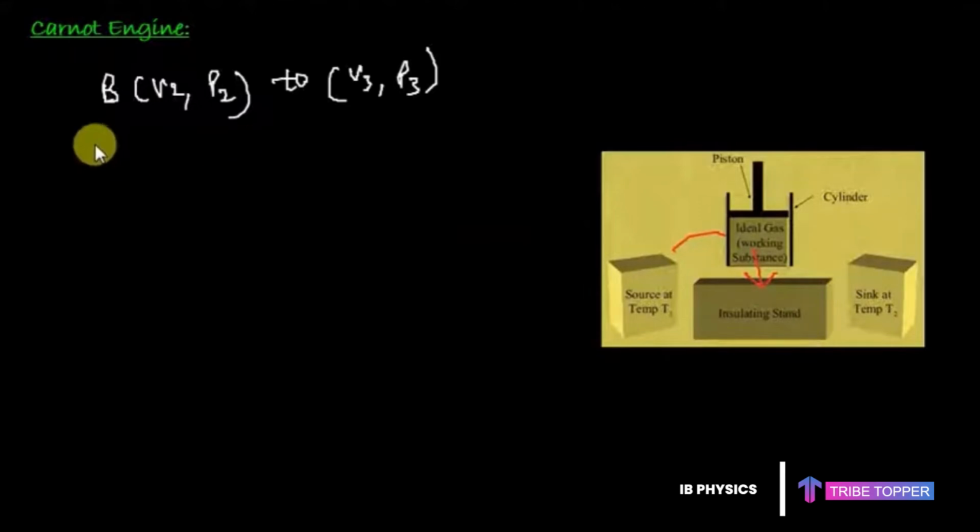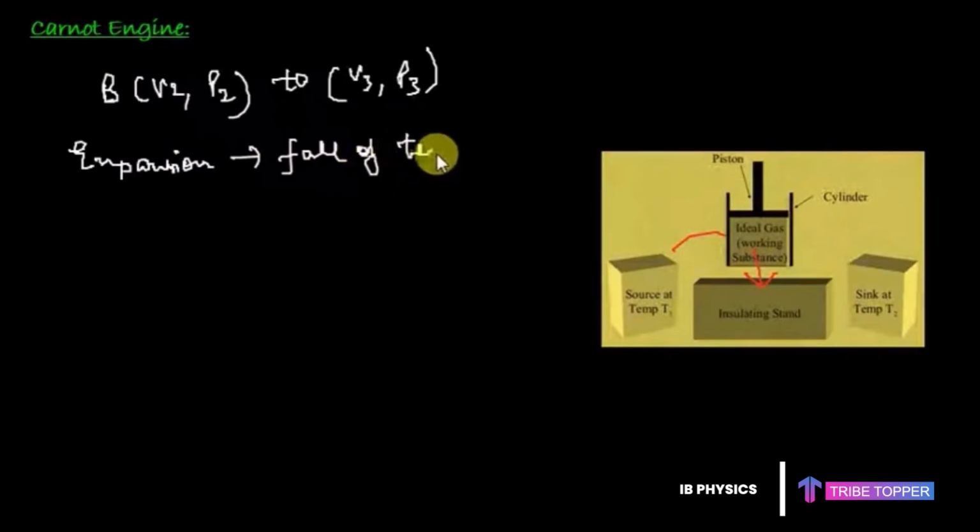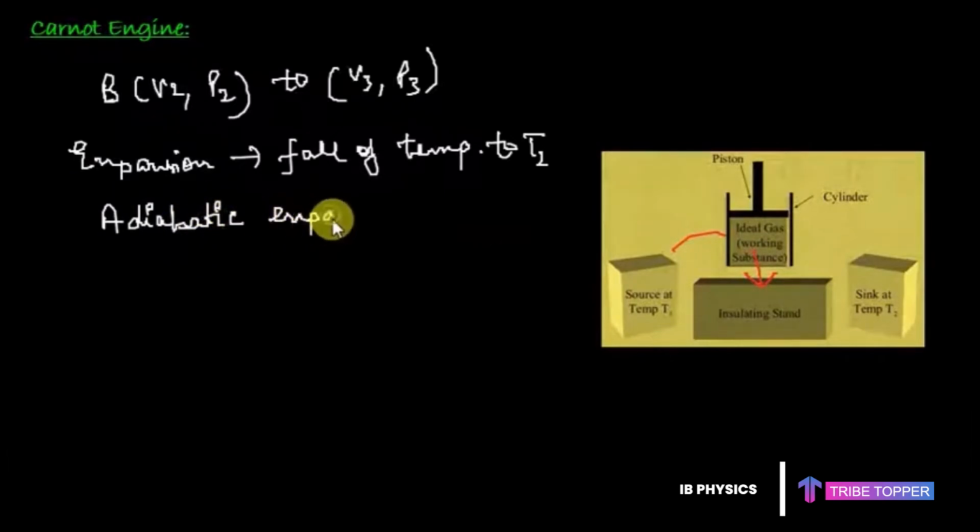So whatever temperature was there, it will fall because of the expansion. The expansion of the gas would lead to a fall of temperature. So now it's no more an isothermal expansion happening. The fall of temperature happens to T2. Now the temperature falls to T2. So therefore, this time we have the adiabatic expansion going on when the heat exchange with the surroundings is not allowed. So whatever heat it had absorbed all went into the expansion, and further it kept on expanding,